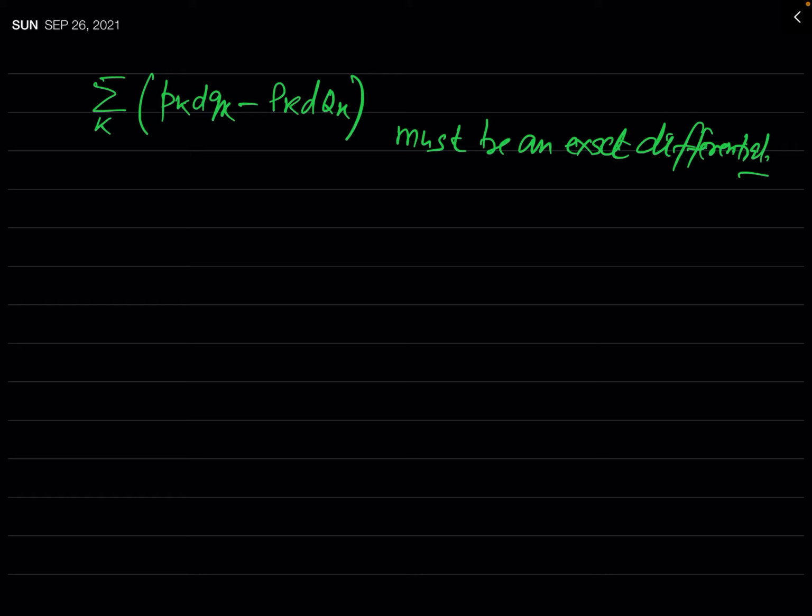So you can see whenever we have to solve a problem or show that a given transformation is canonical or not, we can use this exact differential condition, and for that we have to evaluate this term, that is summation over k pk dqk minus Pk dQk. And after evaluating this term, if you get that it is an exact differential, then you can say that the given transformation is canonical. So let us see one important example to illustrate this idea, and after that we will see some more examples in the forthcoming lecture.